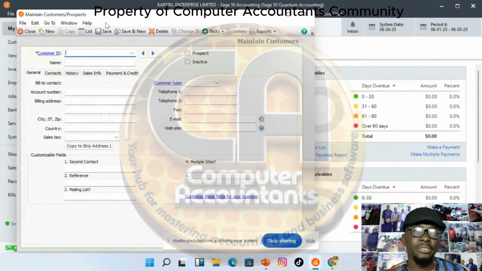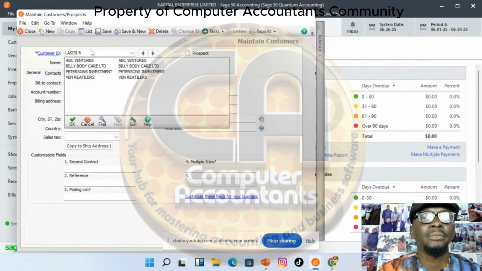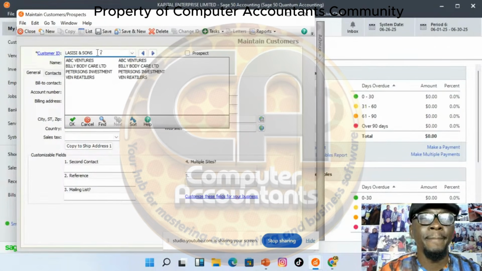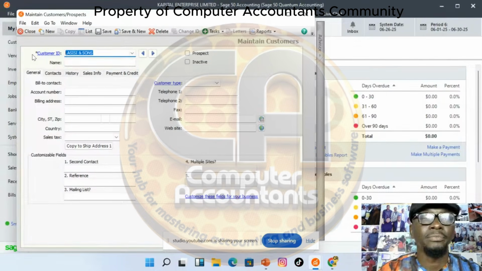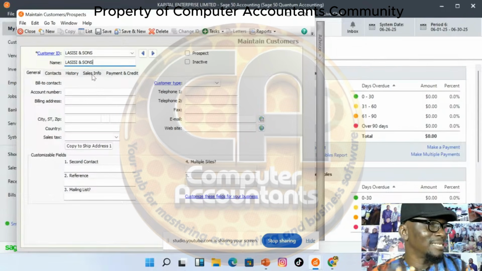Then we have Lasisi and Lasisi and Sons. I hope I got it. Good. Then copy and paste. Good. Now, the first thing I have to do is to link Lasisi to